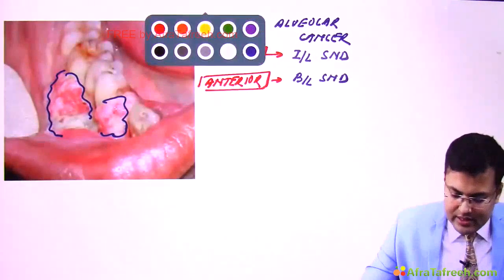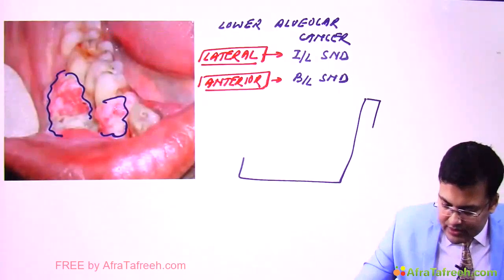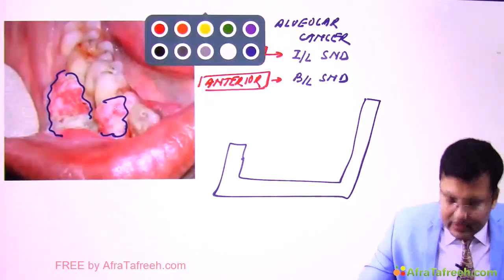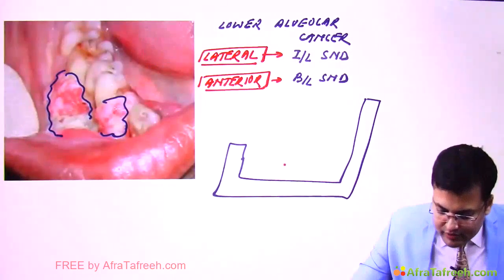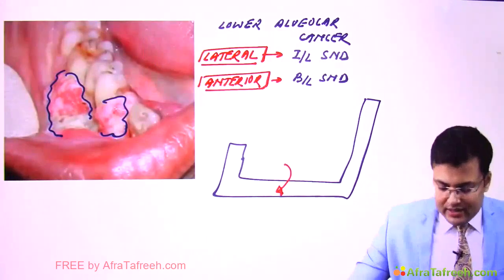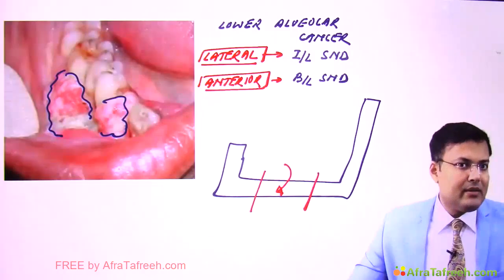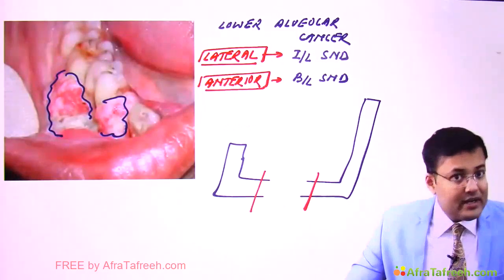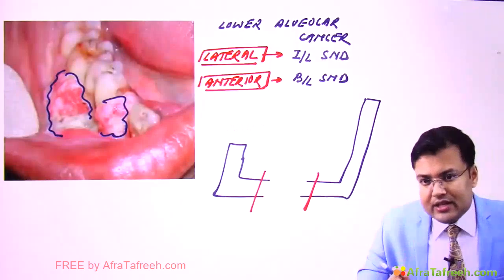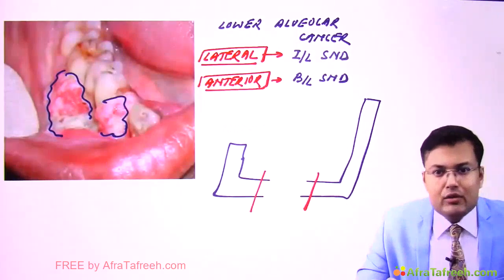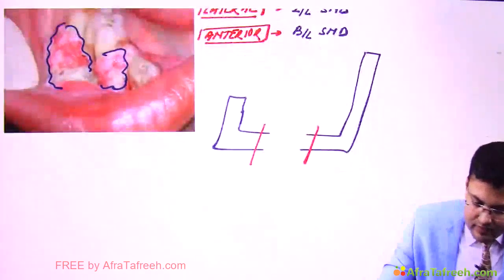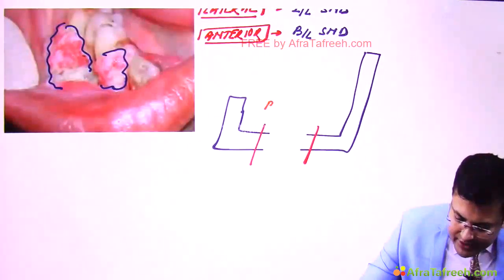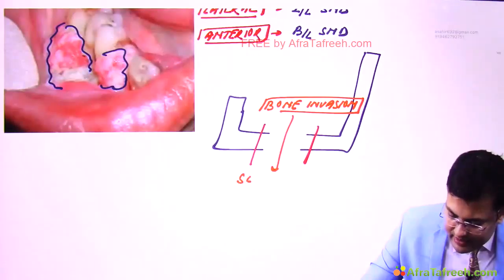Okay, now see this important image. Suppose this is the mandible. Clear? And the tumor is lower alveolar. So whenever there is involvement of mandible, generally we have to go for segmental resection of mandible. And if you perform this kind of segmental resection, the continuity of mandible is not maintained. So after segmental resection, we have to go for mandibular reconstruction. So in cases of bone invasion, what we do? Segmental resection of mandible.